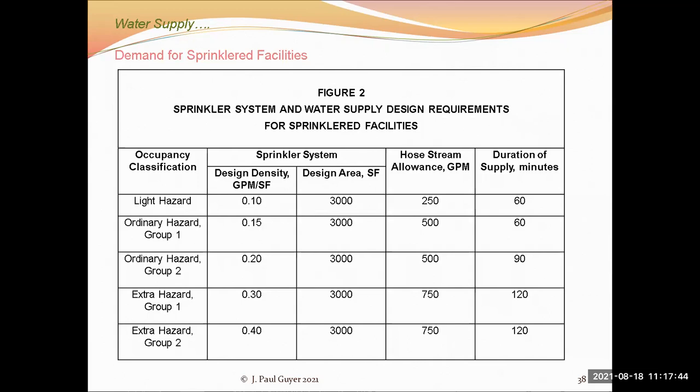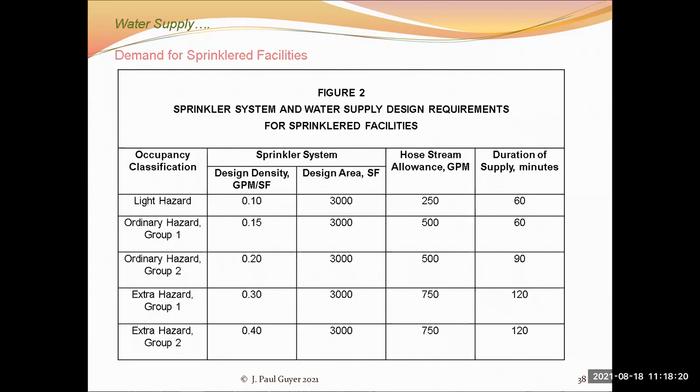And the design area is 3,000 square feet. Now, at first glance, this may seem a little counterintuitive. Why is the design area for a light hazard occupancy 3,000 square feet, which is the same as the design area for an extra hazard group 2, the most hazardous type of occupancy, also 3,000 square feet? That seems counterintuitive, but actually it isn't, because